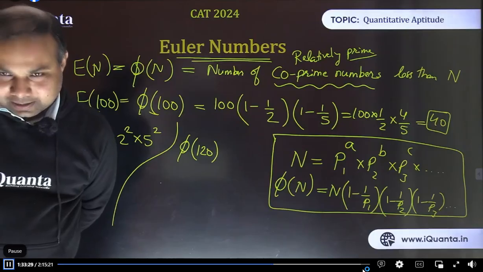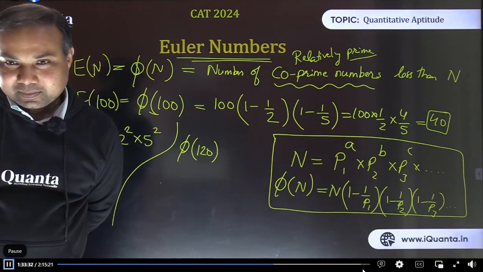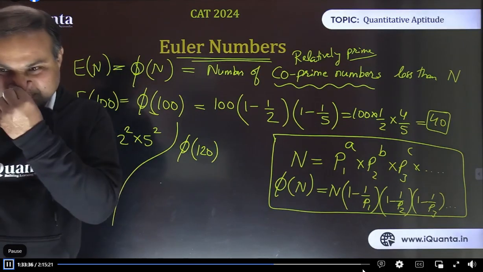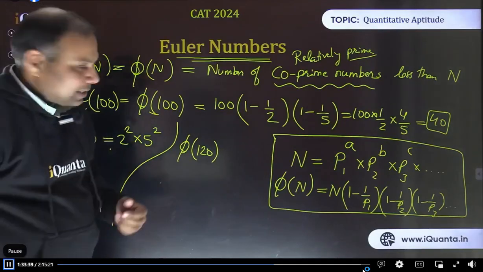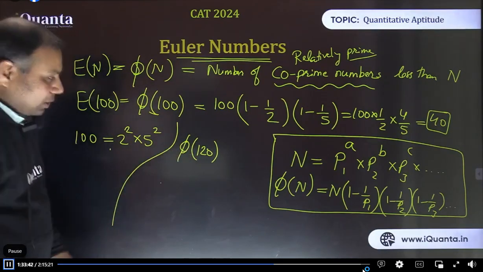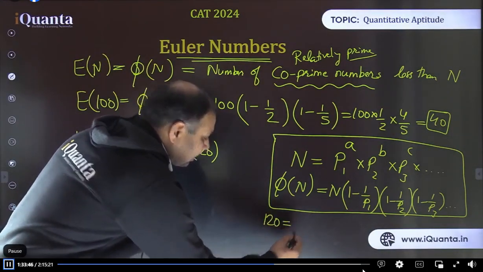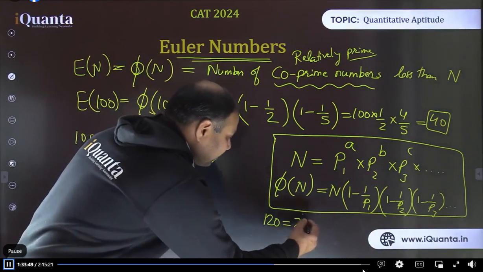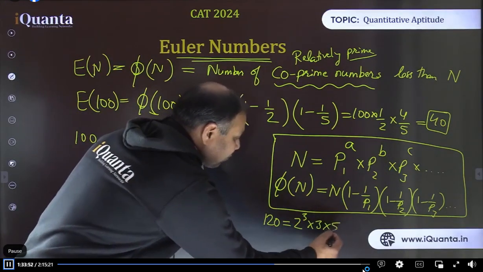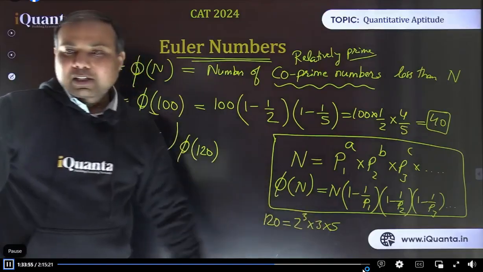Okay, many of you are getting the right answer. Yes, that's correct, 32. So first step is we need to find its prime factorization. So this 120 is basically 2 cube into 3 into 5, right? This is 15, 8 is 120. So basically 2, 3, 5, these are the three prime numbers. So we have to consider.